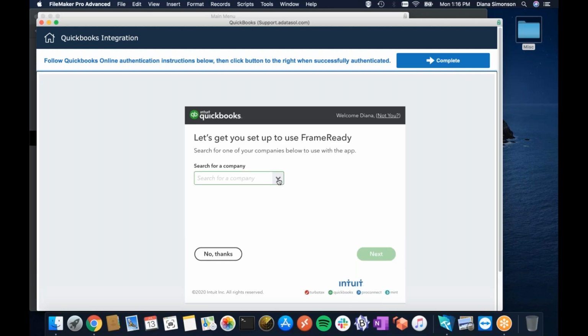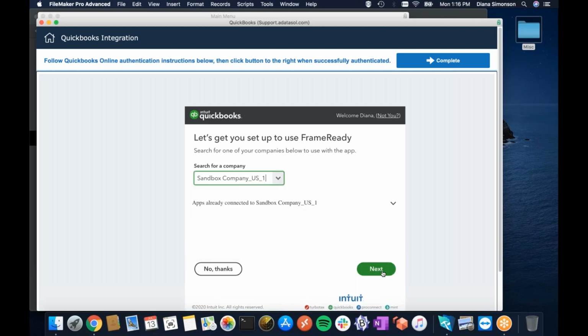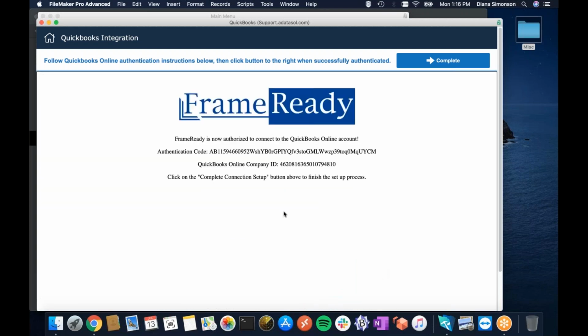I have more than one company in QuickBooks, and I am using Sandbox as a test. So I select my Sandbox company, press Next, and I'm now authorized to use QuickBooks Online. So we press Complete when that's done,